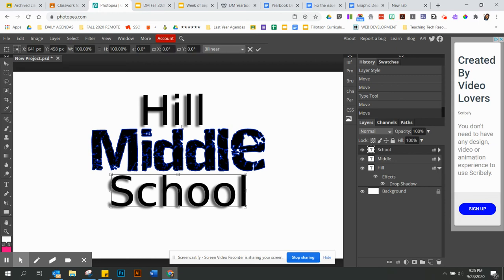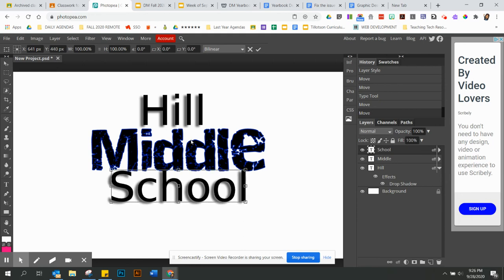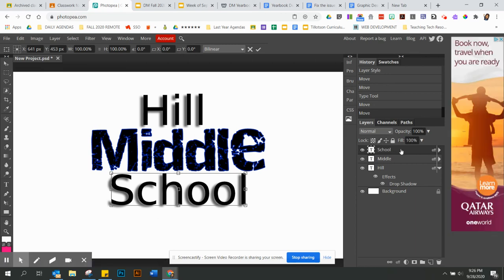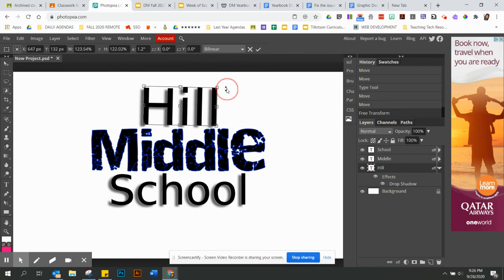Put each of your words on its own layer. That's really important so that you can customize each of these things. Use the arrow keys to do small moves on your keyboard, and then double click on the layer itself to pull up layer styles. Guys, if you don't see this box around it, again, on the move tool, you need to make sure both of these are selected, and then you'll be able to click, rotate, resize, all of that kind of fun editing stuff as long as you have those selected on the move tool. So make sure to put all your text on different layers and use those text effects,